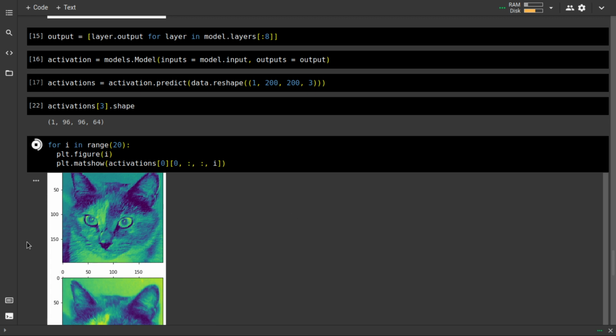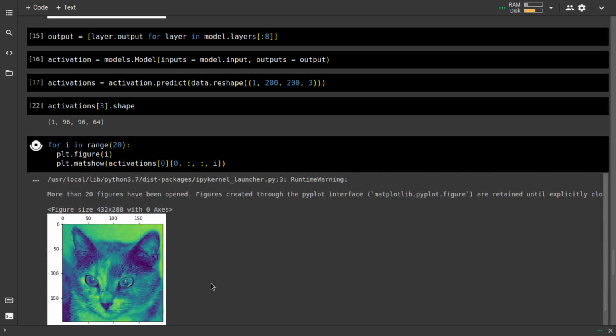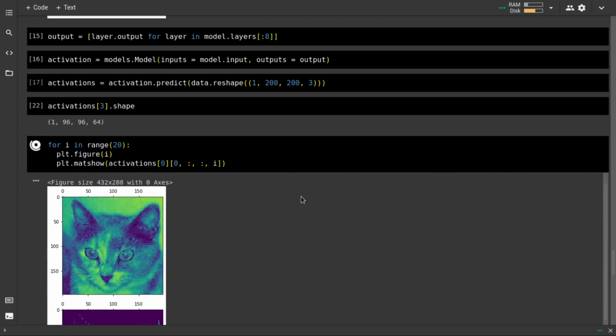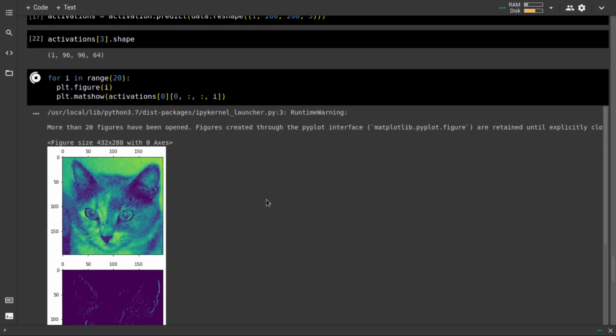As you can see over here, this is what this convolutional neural network actually learned.